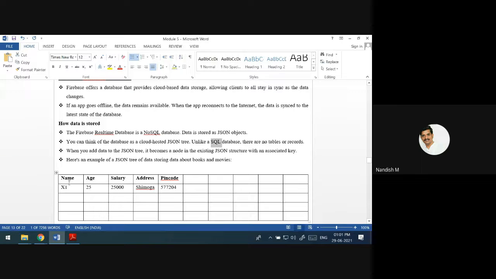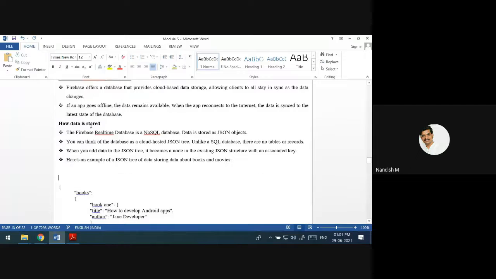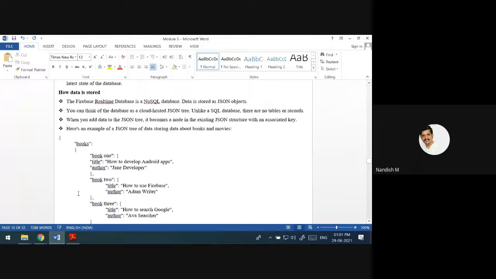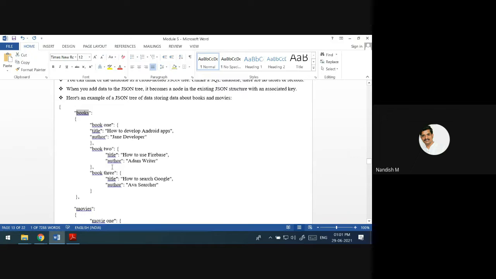But this structure, the rows and columns structure, we are not going to use in the case of Firebase. The structure they use is called the JSON structure. This JSON structure is like a tree structure. Here is one example of a JSON tree of books.